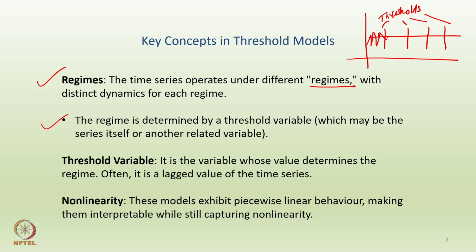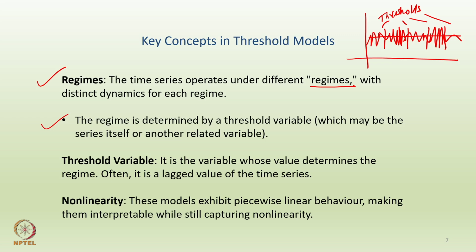As the time series crosses the threshold, the dynamics might change. In this regime it might happen that the time series is highly volatile, but as it crosses a different threshold the time series may be calm, and in the next regime it may again be highly volatile, etc. Just to repeat one last time, regimes are nothing but different states of the underlying time series where different dynamical systems persist.